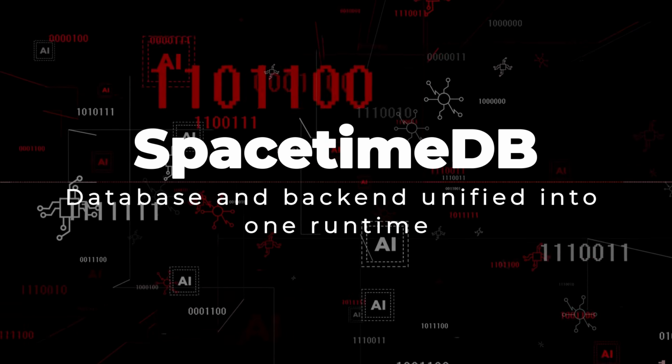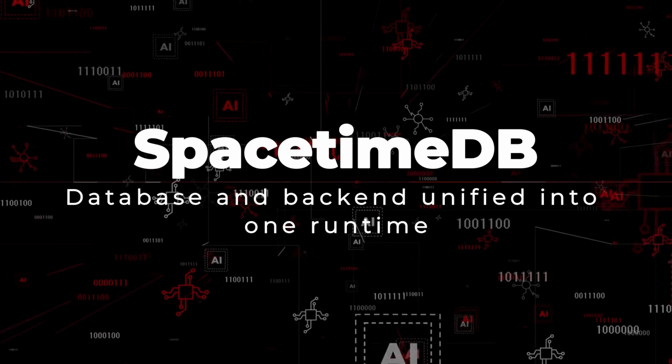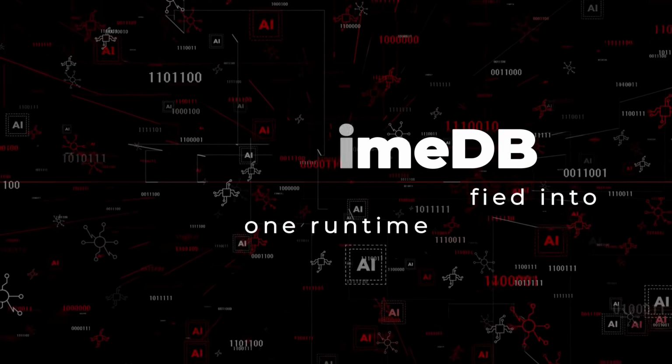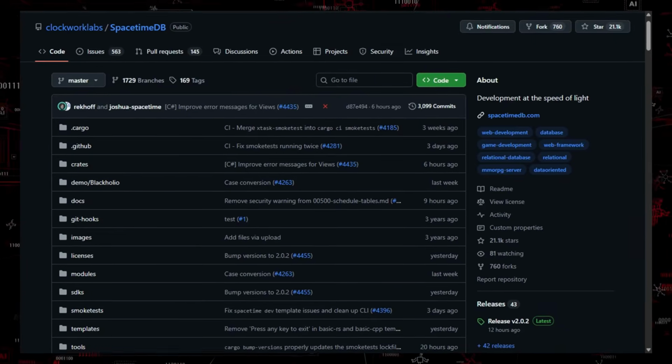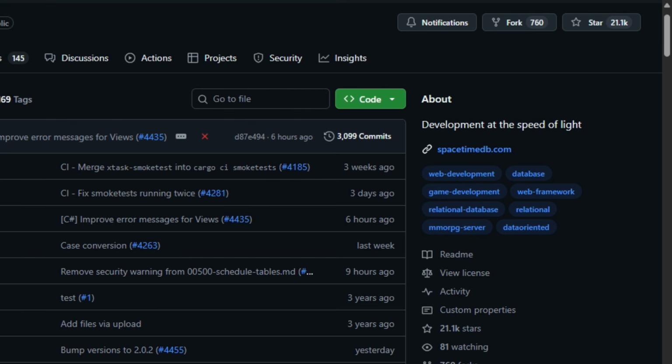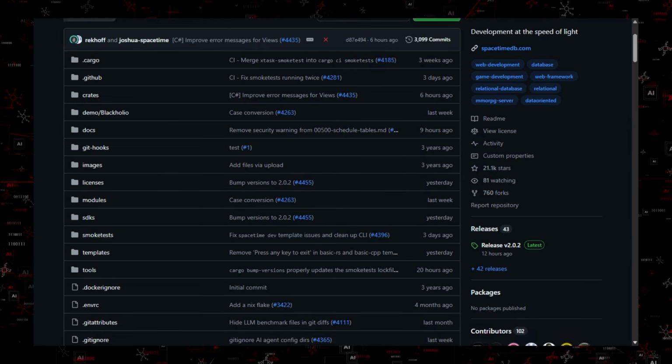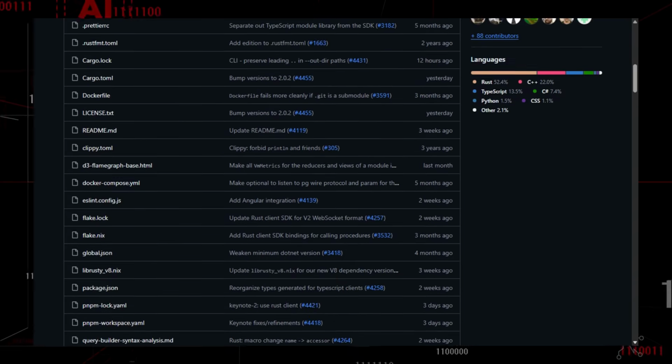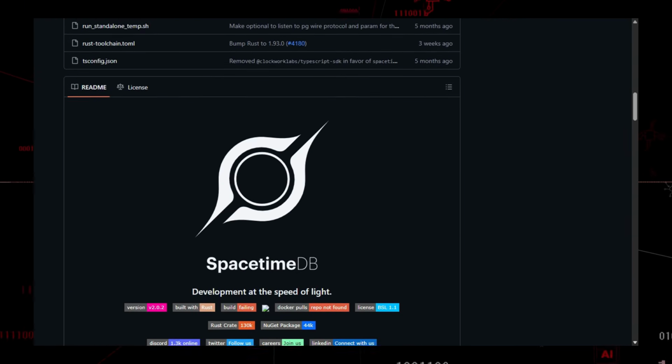Project number 2, SpacetimeDB. Database and backend unified into one runtime. SpacetimeDB is a relational database and backend server platform that lets developers run application logic directly inside the database using modules. It solves the complexity of managing separate servers and infrastructure by allowing clients to connect directly and execute logic